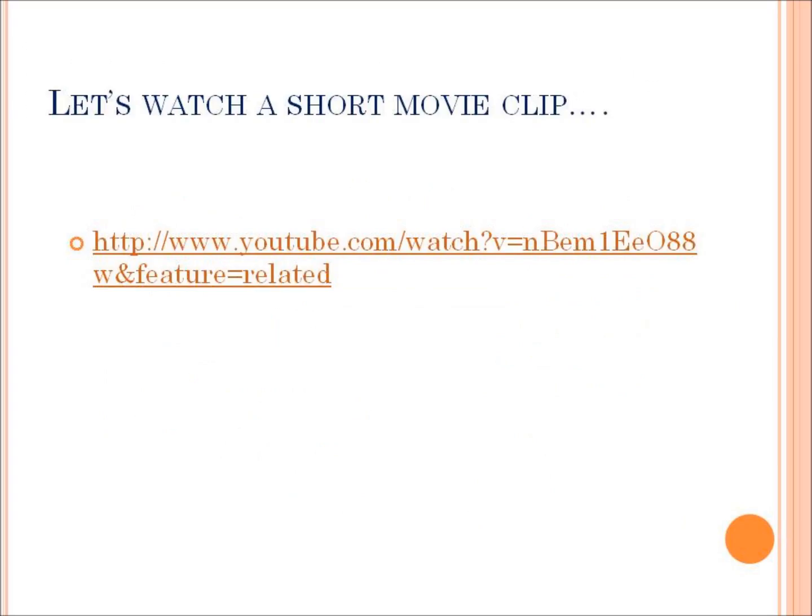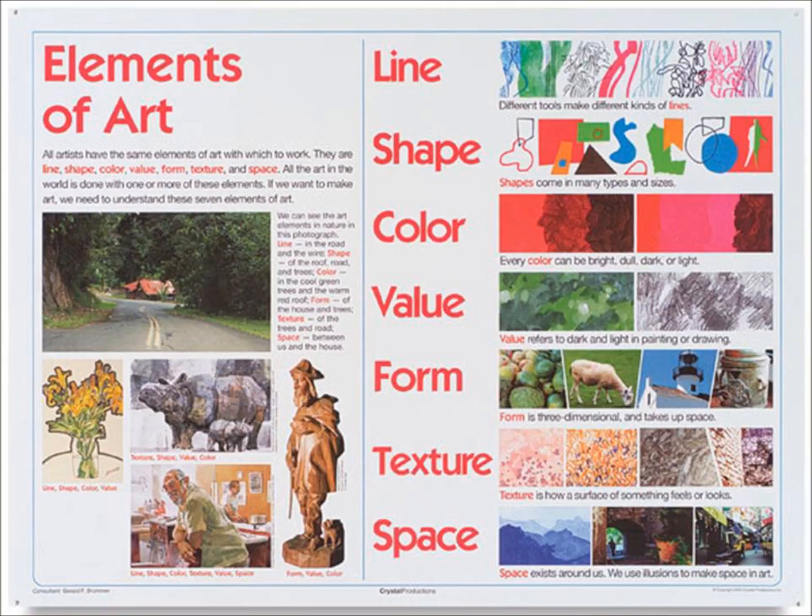Then on the third slide, there's a short movie clip on the elements of art. It's a YouTube video. Then the fourth slide, again, goes over the 7 elements of art, lists them, just to give repetition to get